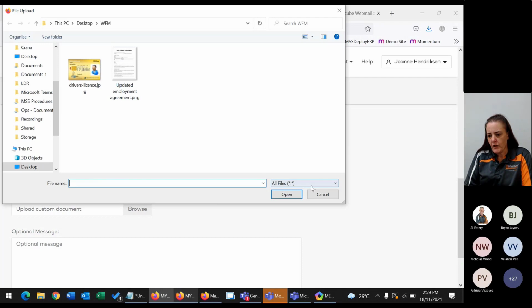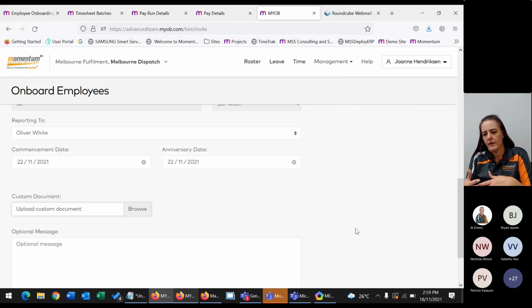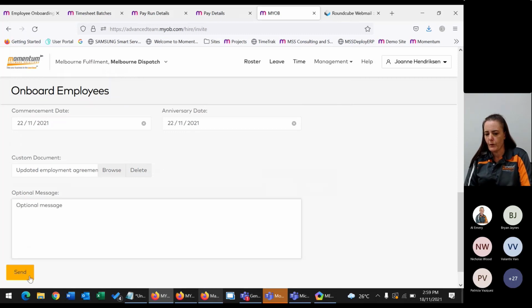So there are custom documents that you can upload into each individual invitation. So if you had a particular contract that was specific to the employee, you would upload that during the onboarding process. But we also have what we call onboarding profiles, whereby you may have a copy of a workplace agreement or an award that goes with a particular type of role. You can have as many onboarding templates as you like. They can have custom messages in the body of those. They can have custom documents attached to them. And then you still get the option of adding this individual document for your employee as well.